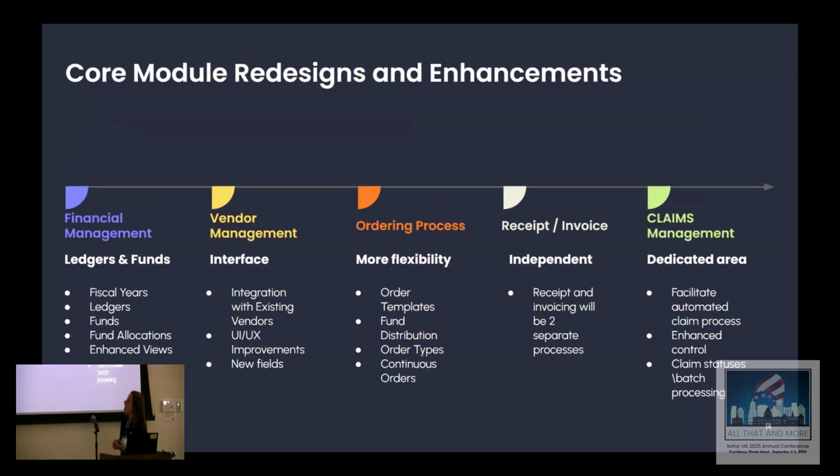Okay, so now I'll talk a little bit about the core modules and how things will be broken down and kind of enhanced. So the first one will be the fiscal years. This is where we will be able to define the fiscal periods within the system. Now, of course, we can do that now with budgets, but the new breakdown, you'll see ledgers, which will be attached to a fiscal year, and that will allow us to manage one or more funds. Ledgers will include things like names, descriptions, and statuses within the system, overspends, encumbrances, and external IDs to outside systems,